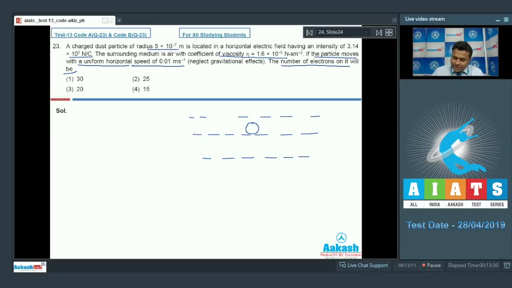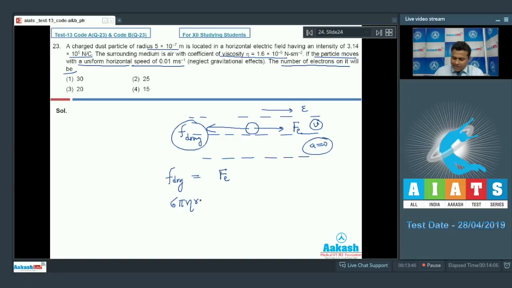Now suppose this is the air atmosphere and this is the particle. Electric field in this direction, the particle experiencing an electric force F electric in this direction. So that's why it is moving in this direction with constant speed. Due to the drag, a viscous force, a drag force is acting in this direction, F drag. Now since the particle is moving with constant speed, acceleration 0, net force 0, we can write drag force equals electric force. Drag force 6 pi eta r v, where coefficient of viscosity is eta, r radius, v speed, equals electric force,